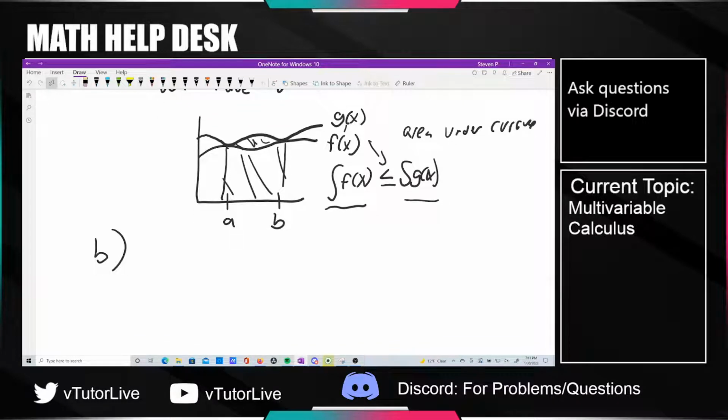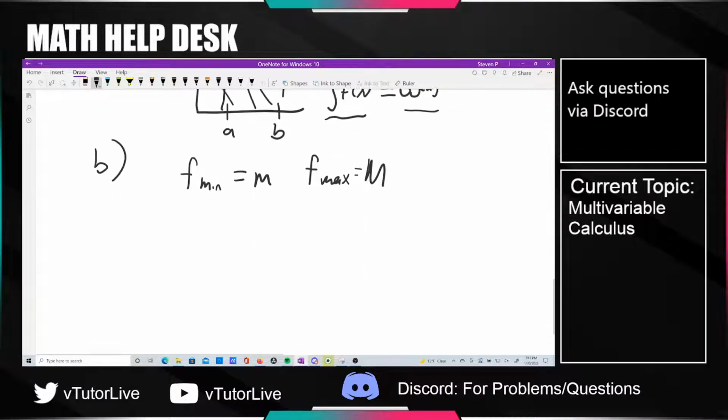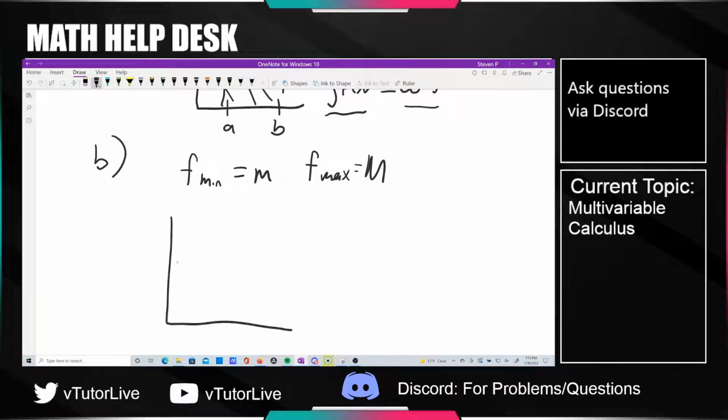Now, the idea behind the next problem is that, let's say the minimum value of f is equal to little m, and the maximum value of f is equal to big M. And it's basically asking you to show what I think is a very reasonable visual intuition. If f looks something like this, let's say this is A and this is B, it's basically asking you to show that